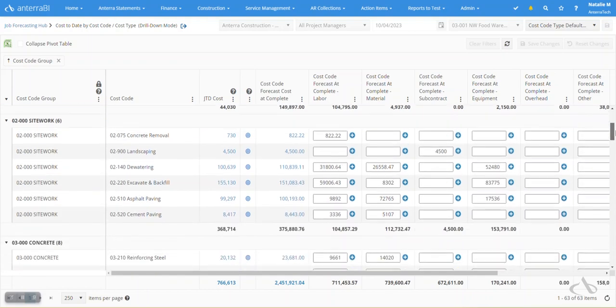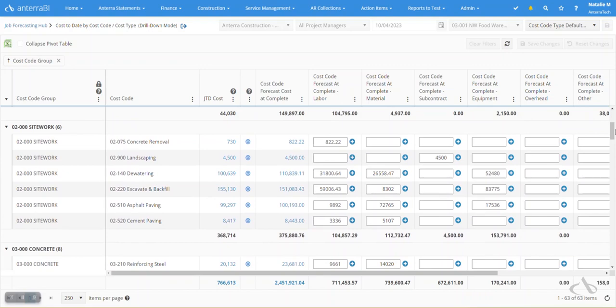She stated that she really needed a tool like this for higher risk jobs so that it was obvious. As you can see here on this 02520 phase code, there's no forecast for equipment, which typically cement paving would require. At this point, you can immediately add notes to the forecast, asking the project manager to provide details or notate why the equipment in this case was not included in the forecast, making sure your jobs don't miss potential costs.